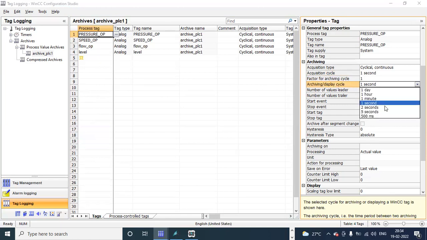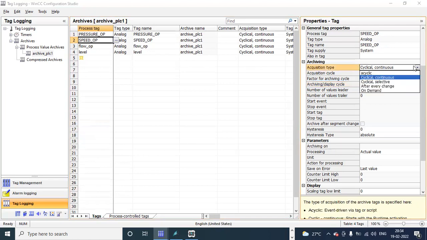Here I want to display that information after every 2 seconds, because for every 1 second I am getting information. So after 2 seconds, I want to store data and display. That's it. For the next example, for speed, when you select speed on the right side, for the next one, say cyclical selective.